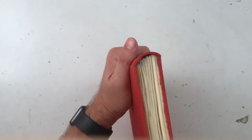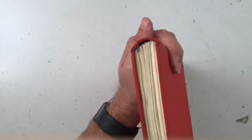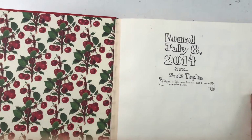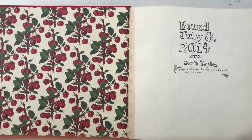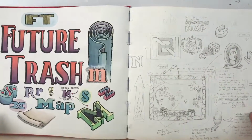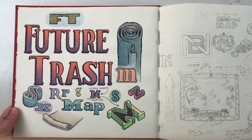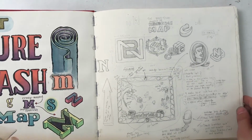This is a big monster that I bound very poorly back in 2014. As you can see, that's the date. And I didn't finish it because the book didn't do too well. It started to come apart. So I start with some watercolor and